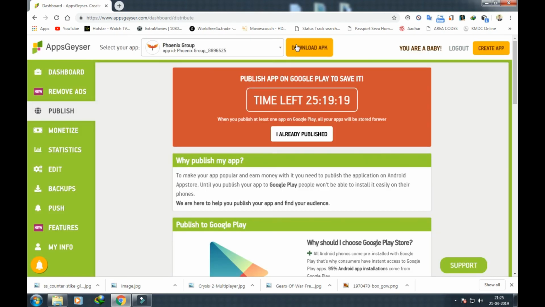Click on the Download APK button to download your app.